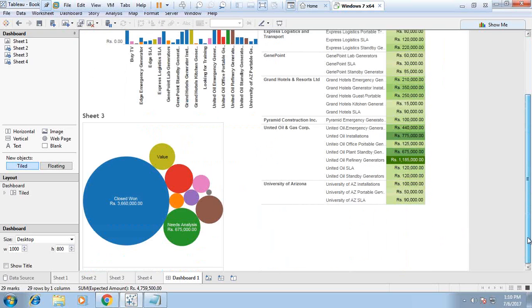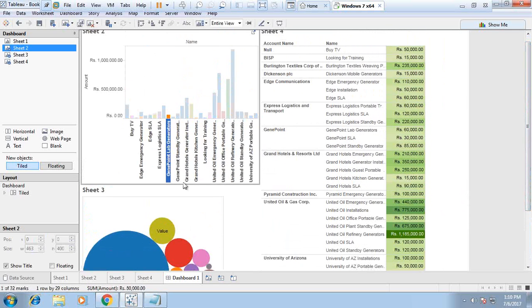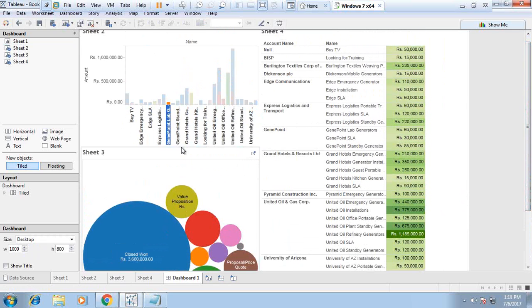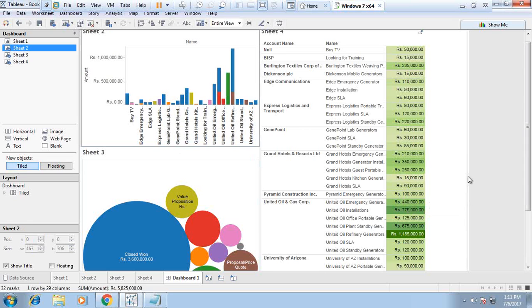So I have added 3 sheets so that it would be arranged properly. I just arrange it properly and left it back. So it's done now. Now we would like to export it. So I would like to publish it on server first, and then we would be going to embed it into